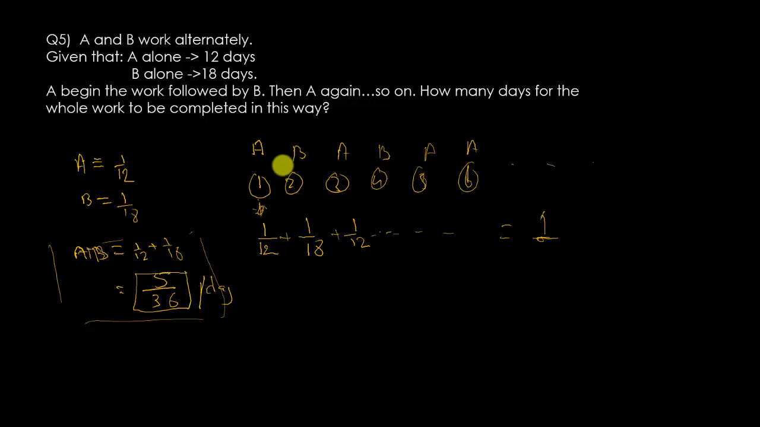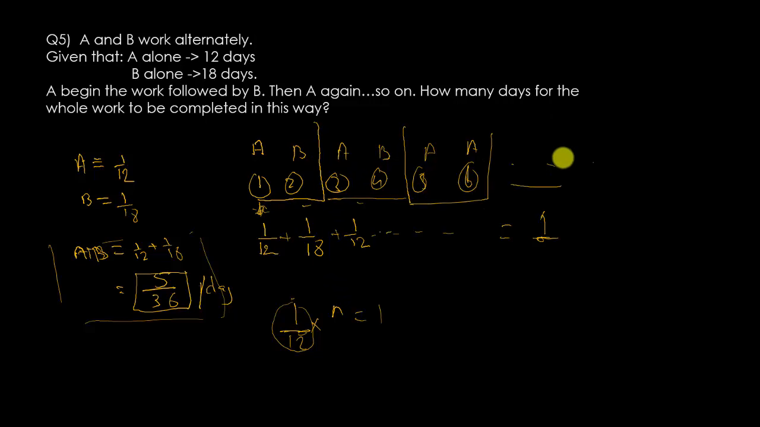So what will we do? We can't simply multiply 1 by 12 into, say, n number of days and equate it to 1, because it is not that every single day the work is being done at the rate of 1 by 12, right? The work is being done with varying rates. First day 1 by 12, second day 1 by 18, third day different. If you observe the pattern here,